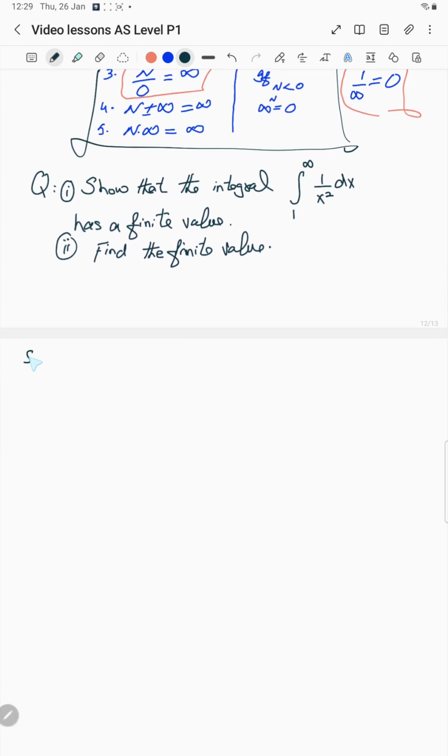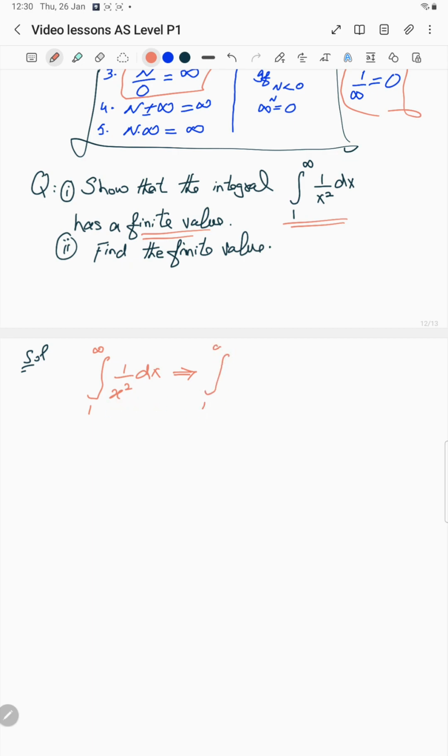So how to solve this? Before I start, I want to comprehend the question. You can see this is show that the integral, this one, has a finite value. Finite value means it must exist as a real number, right? And what is that value? We need to find that in part 2. Let's start this question. We need to integrate this 1 over x square dx,